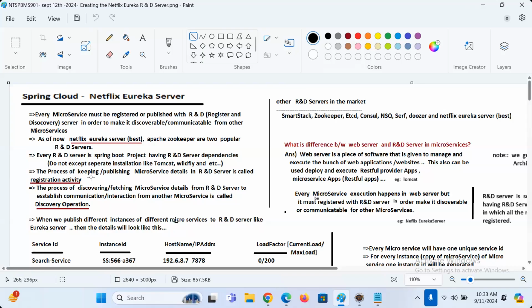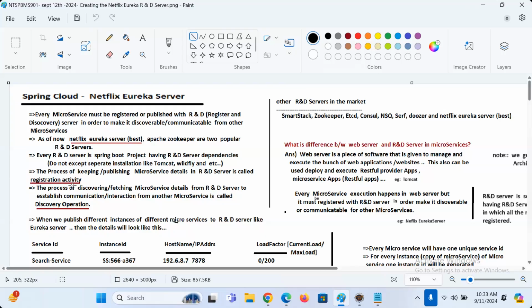The process of keeping or pushing microservice details in the R&D server is called what? Registration activity. What activity, guys? Registration activity.